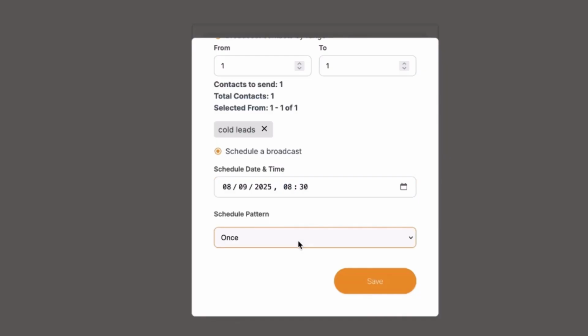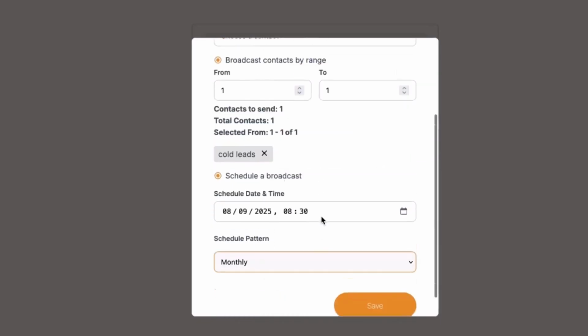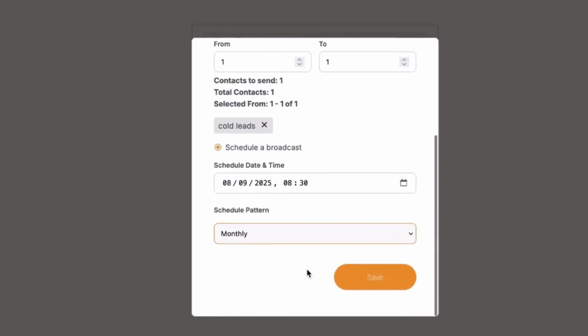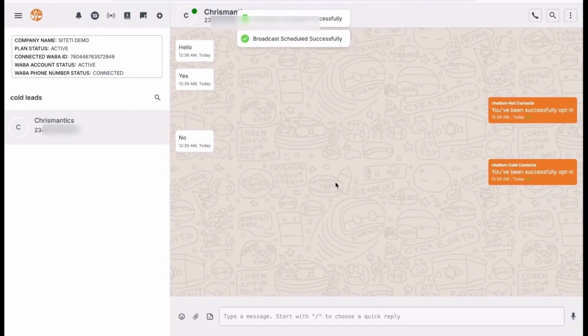Do you want this to happen every once in a while? You want this to be a daily routine or a weekly routine. Let's say I want this to be once in a month. So I'm going to choose monthly and then save this. Mind you, the template is still under review. So if I click on save, it's still going to wait for the template to be approved for it to work. So that's how you set up your broadcast message and then schedule your broadcast message,